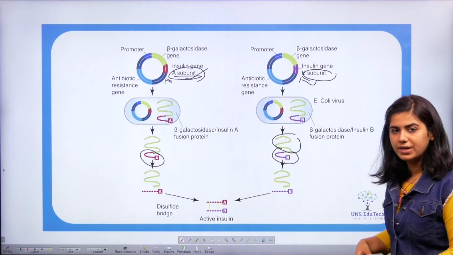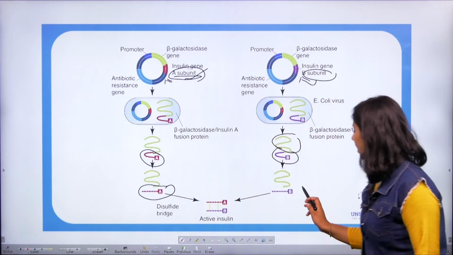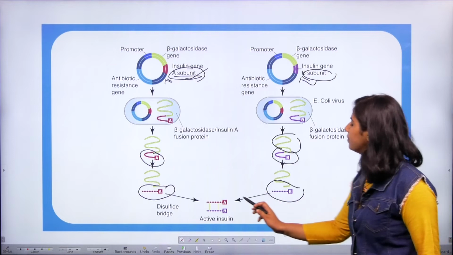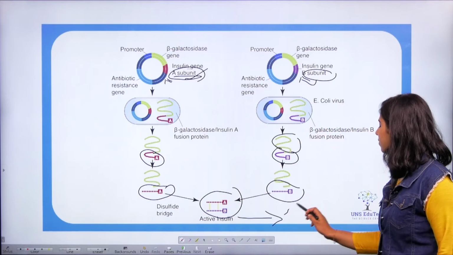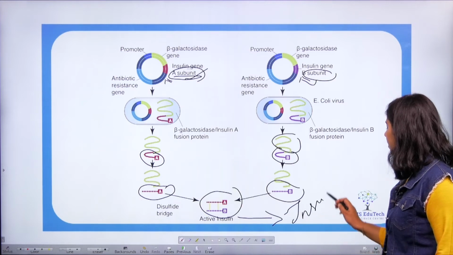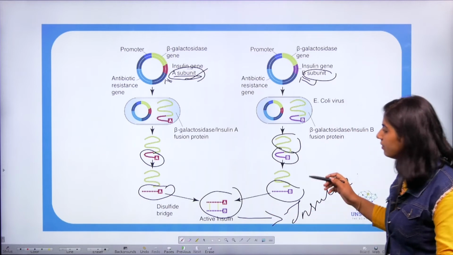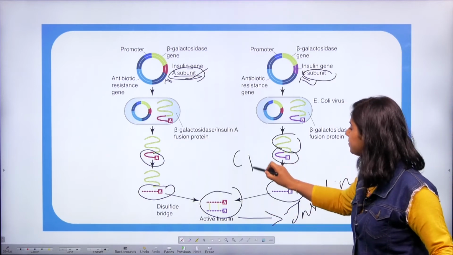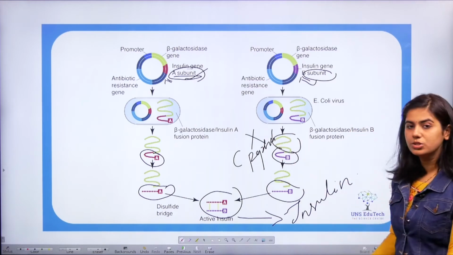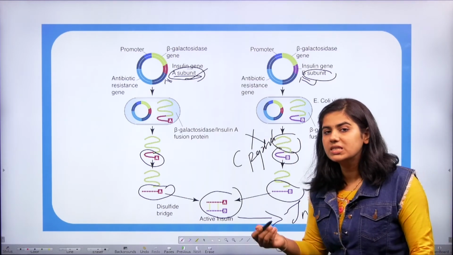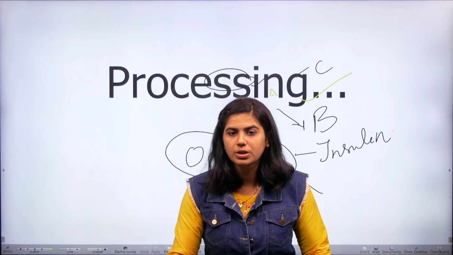We will separate it out. We will take the A peptide alone from the bacterial protein, and the B peptide, and we will join them with disulfide bond and we will get active insulin, right? So just see here, anywhere have we seen C peptide? No, right? So in rDNA technology, C peptide is absent, right? So if we go back to the question,